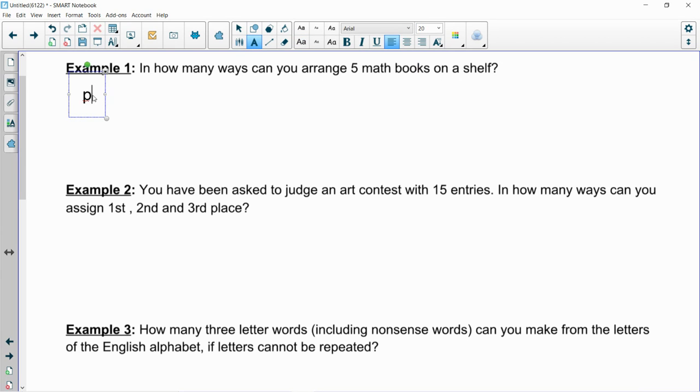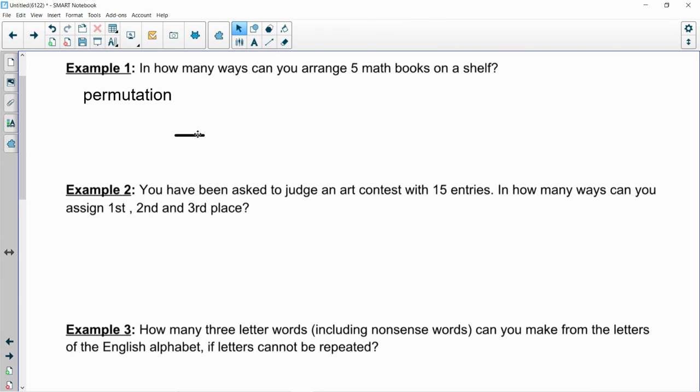Okay, so we've got ourselves a permutation. So now that we know that, what we can often do, if we're going to model this out, is just make ourselves a couple of little line segments. Now, how many segments do we need? Well, we need 5 altogether, right? Because we're going to place 5 books